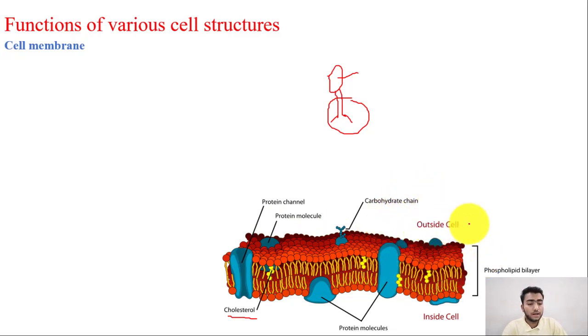So this is a bilayer which controls the movement of molecules from inside to outside or from outside into the cell. So it really is a compartmentalization of a cell. It separates the inside of a cell from the outside of a cell, and it only allows the movement or passage of certain molecules that are required by a particular sort of cell, and it does this by virtue of these protein channels. So these are protein channels that you see traversing the cell membrane. These allow the movement of certain molecules.